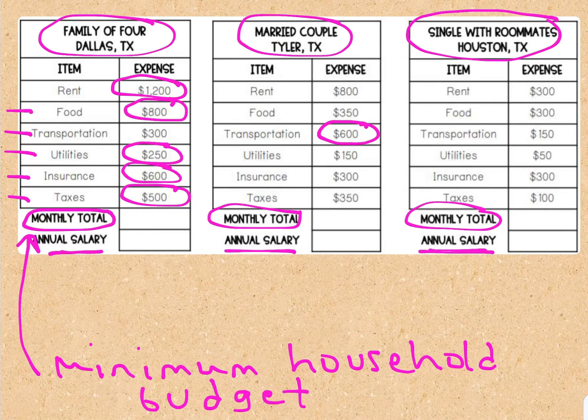Now they also have here annual salary. Annual salary means how much money that person makes or that family makes per year. And so that's one way to look at it. Some people, like teachers, we get paid for the year, and it's divided up for our paychecks. Some people, like my brother, he works at Exxon and he makes an hourly wage. So he would have to calculate his minimum household budget with the hourly wage to see how much he would have to make to meet his minimum household budget. In the practice problems you're going to see some with more with the hourly wage, and then also some